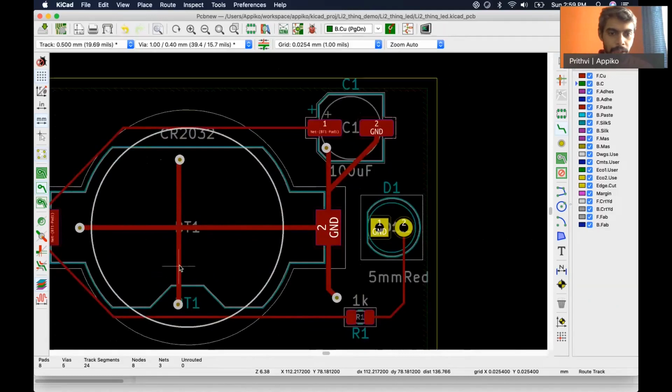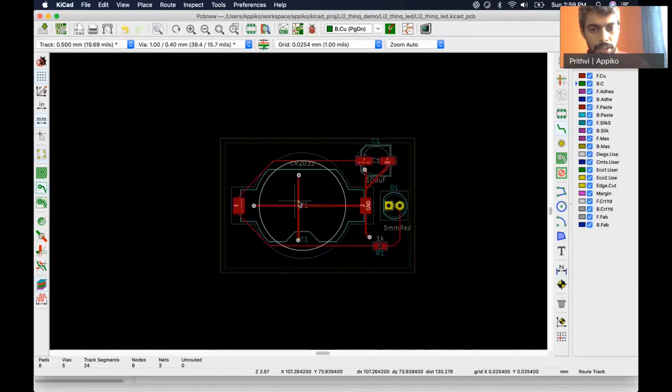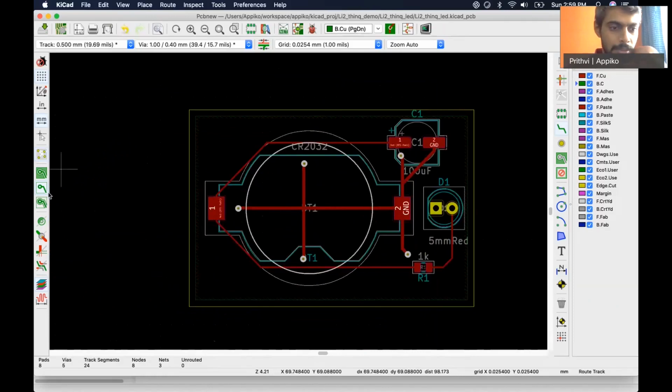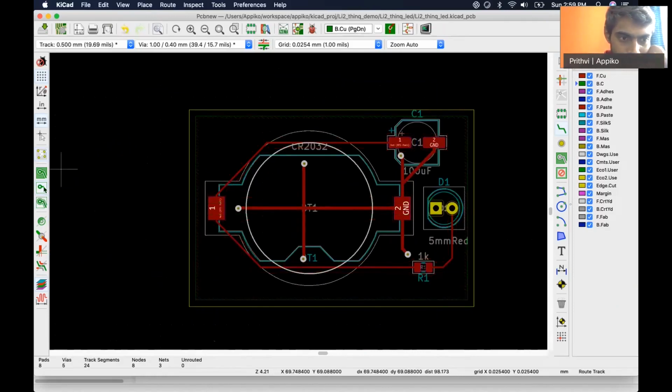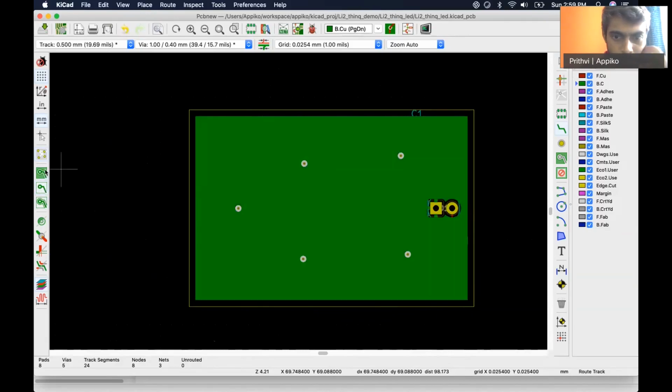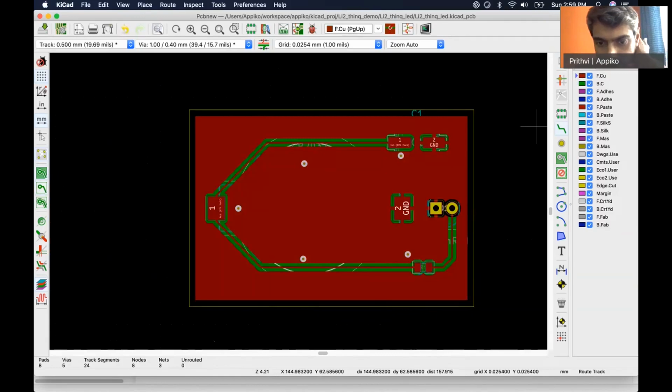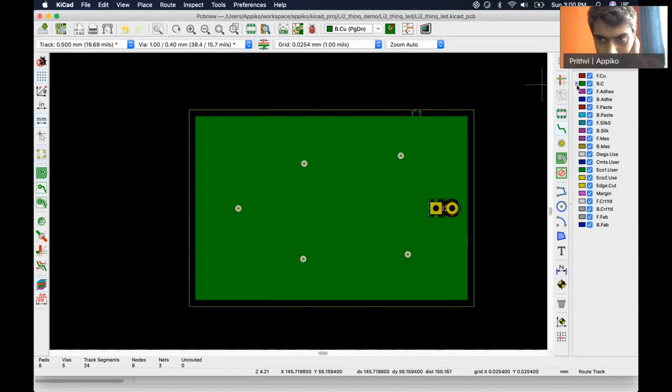And as you can see here, I've made a 90-degree turn, but this doesn't matter now because there is a ground plane on the PCB. So actually the PCB would look something like this. On the top layer, it looks like this with all the ground planes, and on the bottom layer, it looks like this.